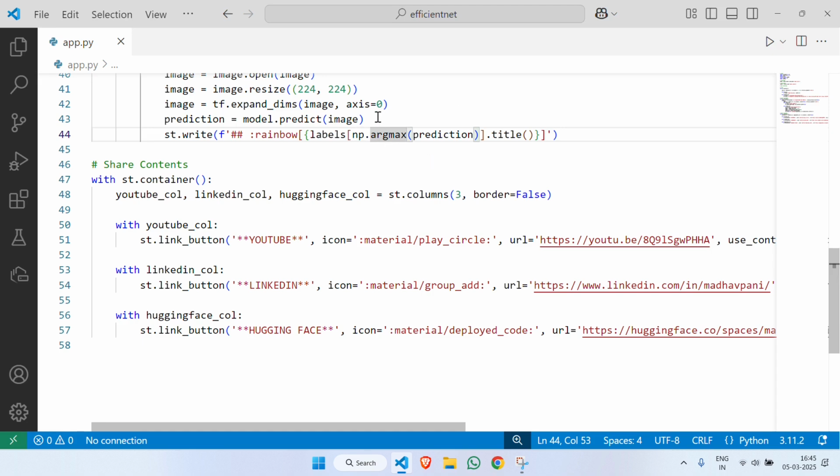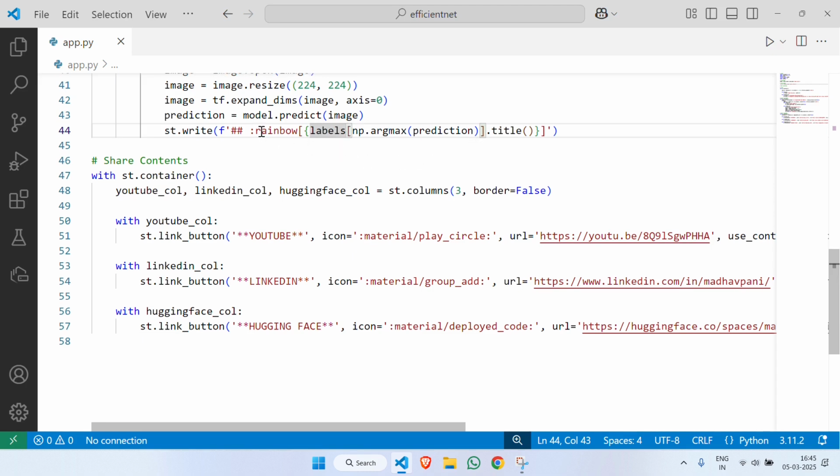For that I am getting the index and applying that index, fetching the label name, then showing that with rainbow color, and the first character is capitalized. That's why I am using title on the string that we get from these labels, and showing the output